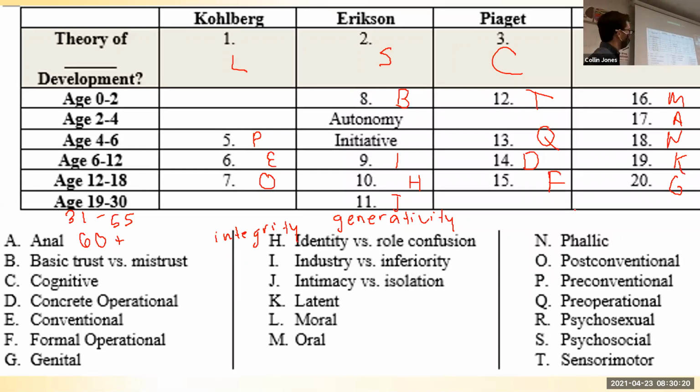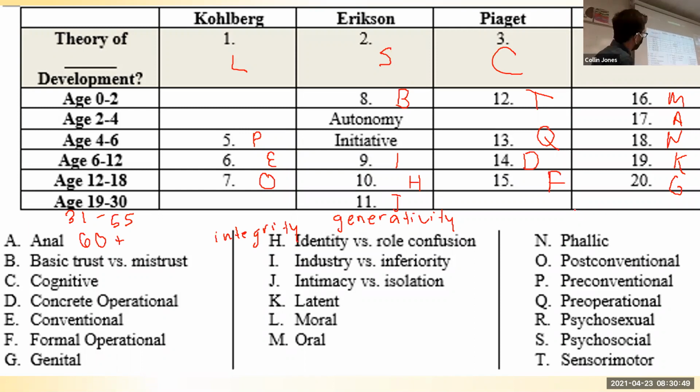Okay, so I went through and wrote and matched up all the different words in the bottom up top. This is on eClass, it'll be posted. And you may notice here that Erikson technically has 8 stages here. They didn't all fit in here. So remember, in adulthood, generativity is what they're trying to gain. And then as an old person, they're looking for integrity. So I just kind of wrote those in so you could have the rest of Erikson's stages.